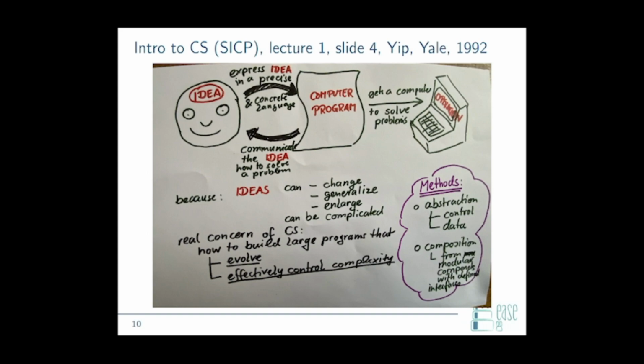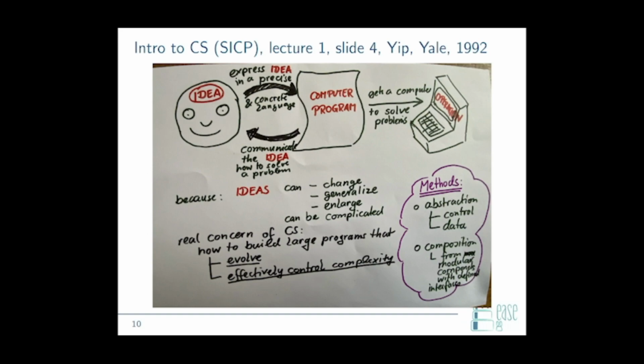But at the same time, this is not a one-way thing, but it's very important that the computer program is also communicating the idea of how to solve the problem back to the designers. And the reason is that ideas can change, ideas can generalize, ideas can enlarge, and they can be